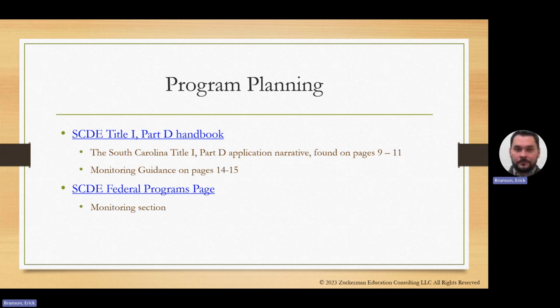And in case you haven't seen it published in this document, hopefully you have, but the 23-24 monitoring schedule, and the monitoring team is here if you have any questions. These dates are subject to change, and know that things happen and dates get published and they get put out there, and then it doesn't work for a district because of conflict. So the monitoring team's well aware of that and willing to work with you, but these dates are available.